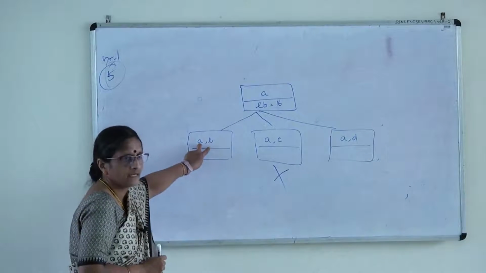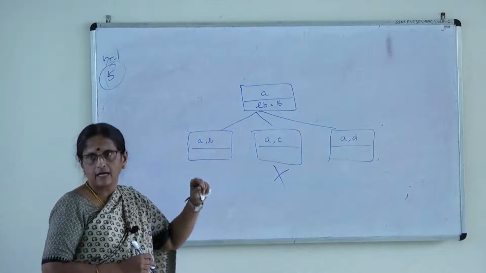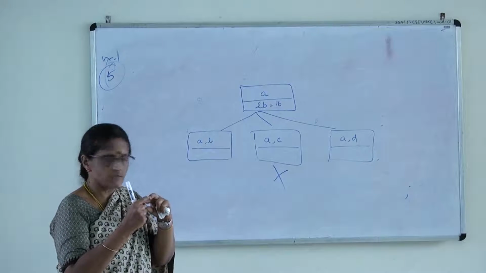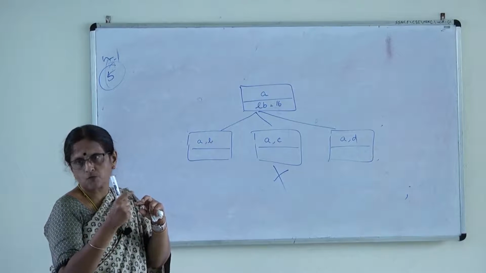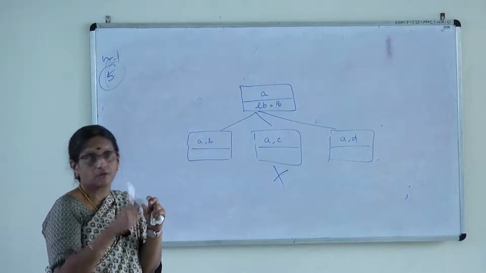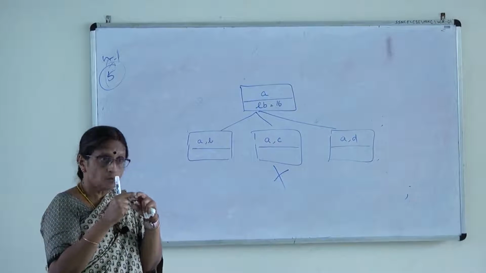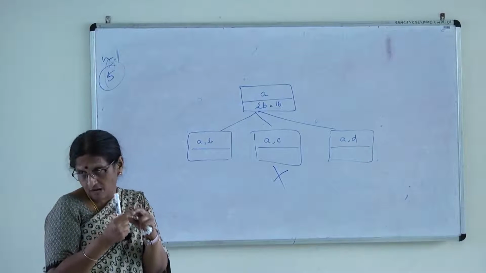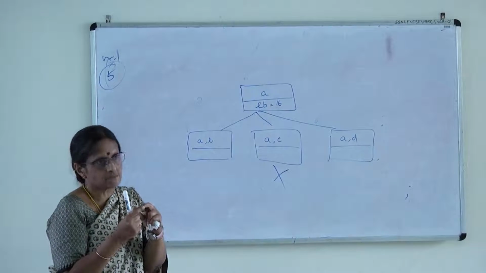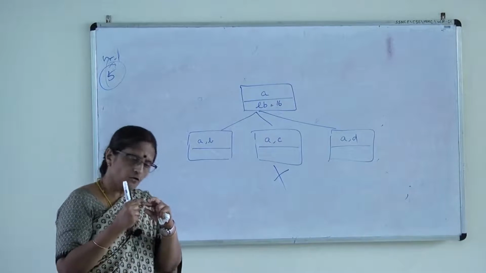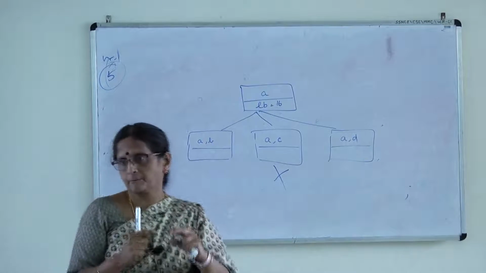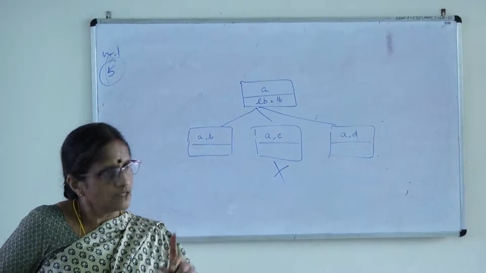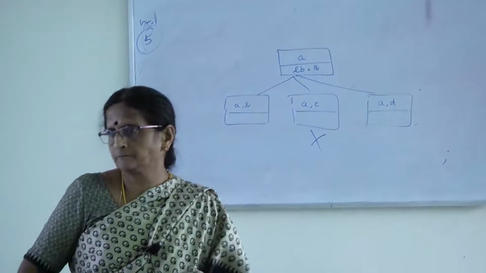What does this say? From A, I have to go to B. That is, one solution component is already fixed now, that A1, A2, etc., AN. So one component is fixed. What is that component? The first edge traversed by the TS, traveling salesman, is already fixed. So you have to assume AB and compute the bound again.